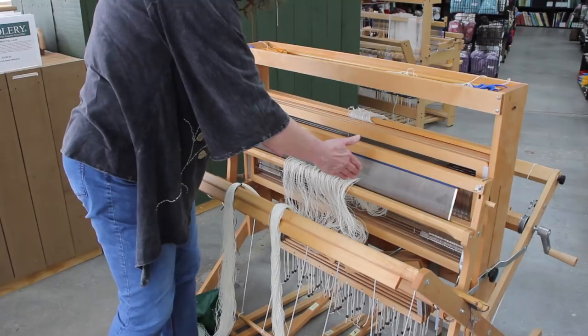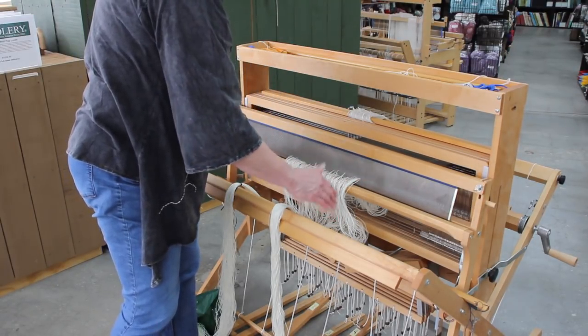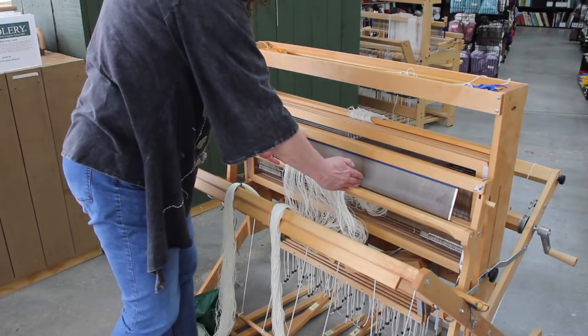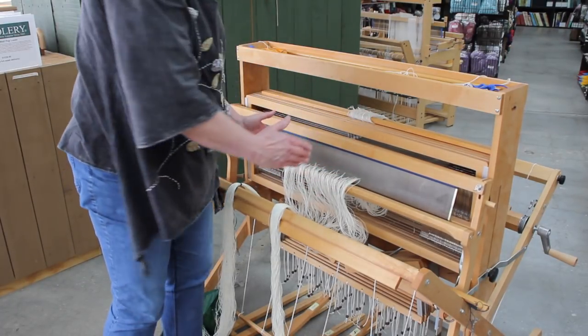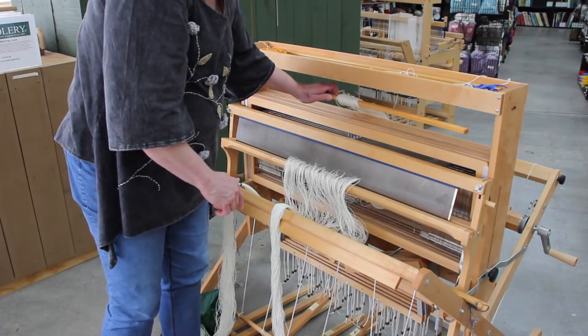It would make sense to center this. If you didn't, you can actually undo it and slide it back and forth when you get ready to start. But you really want your warp centered to where you're going to weave it. All right. Next, I'm going to the back part to show you what we do with this one to the